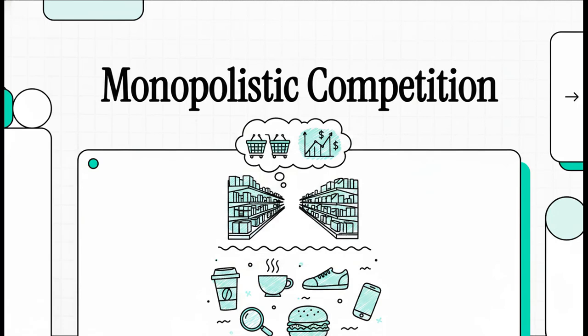Go ahead and put on your brand strategist hats for this one, because we are decoding the secret language of the supermarket aisles. We're going to take a deep dive into the fascinating economic forces that dictate our everyday purchasing habits. We're going to figure out exactly why we happily pay extra just because a box is, well, shiny. It's an economic structure that perfectly blends two totally different worlds, and honestly, once you see it, you're never going to look at shopping the exact same way again. So let's jump right in.